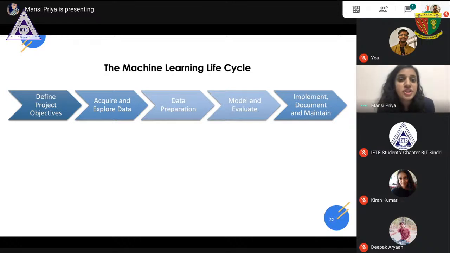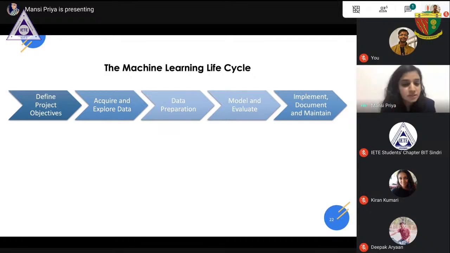So this is a machine learning life cycle. It consists of five major steps that I have defined. These steps are all of equal importance, and this is actually a cyclic process consisting of these five, and they are in this particular order only. I will be describing each step one by one, and it is going to be a bit descriptive, so we will try to learn this along with an example.